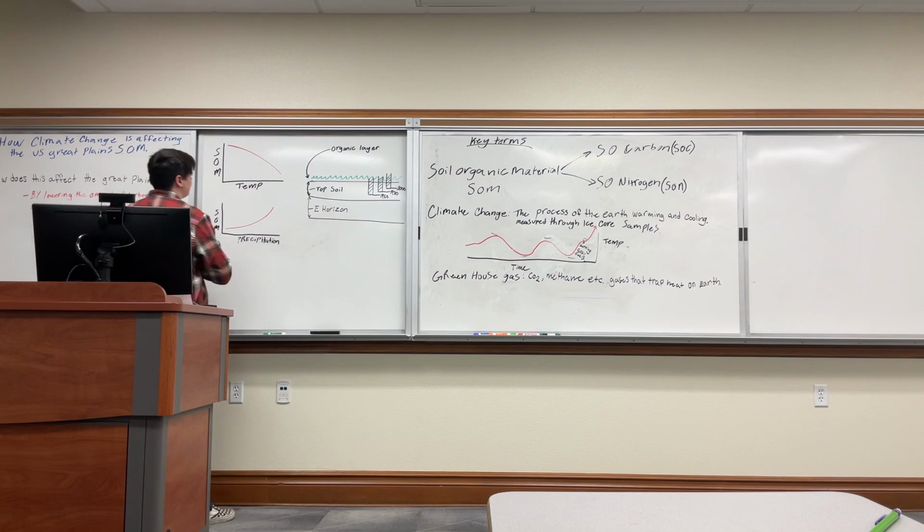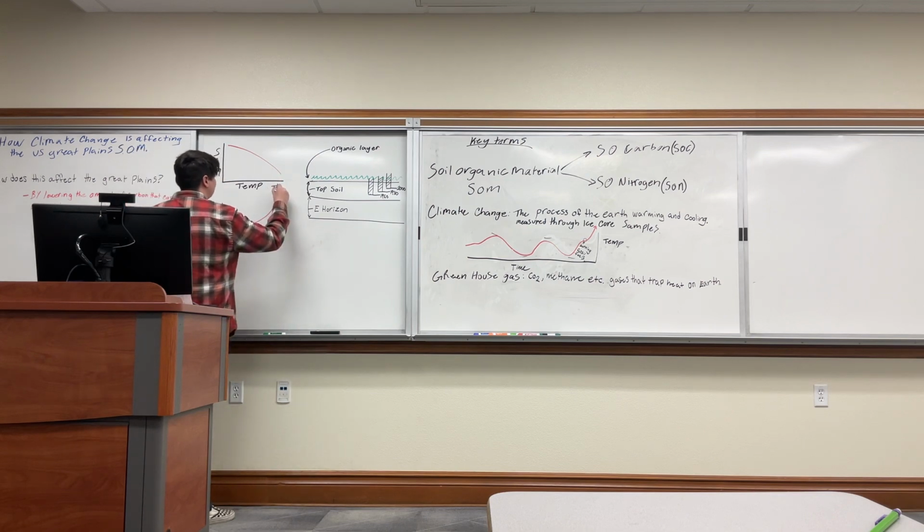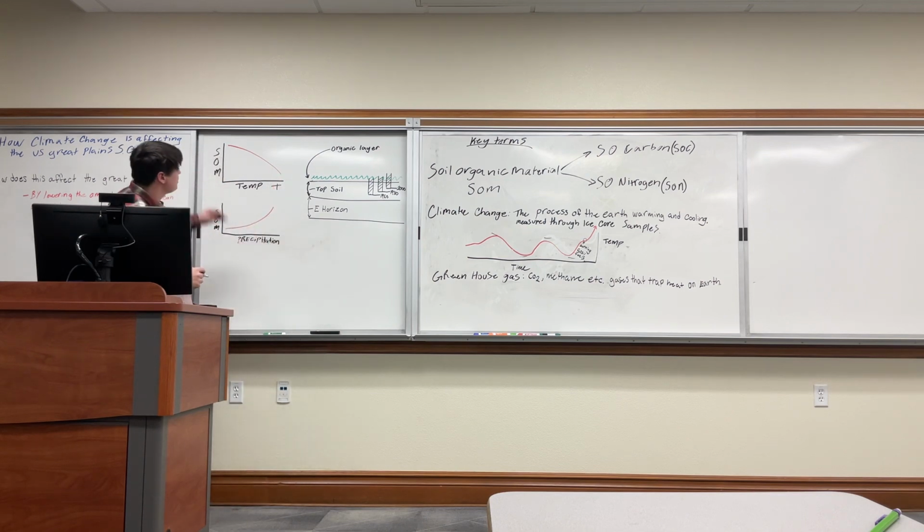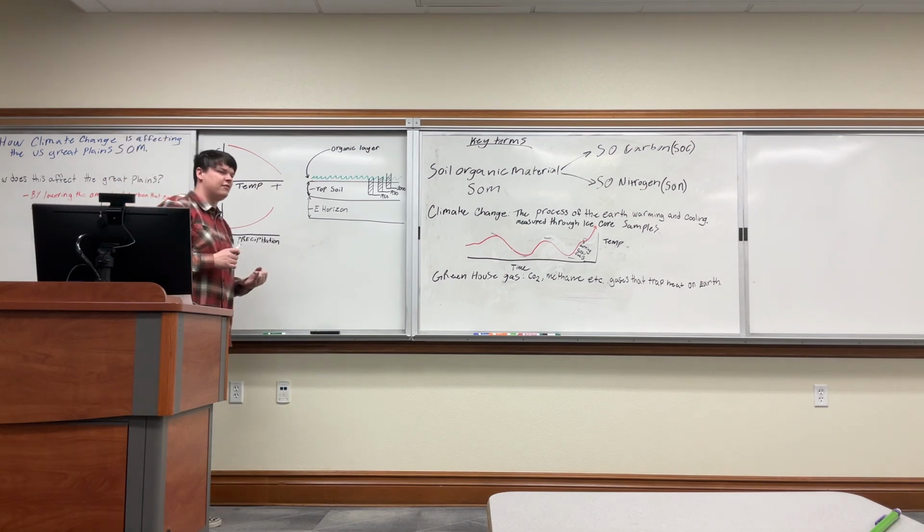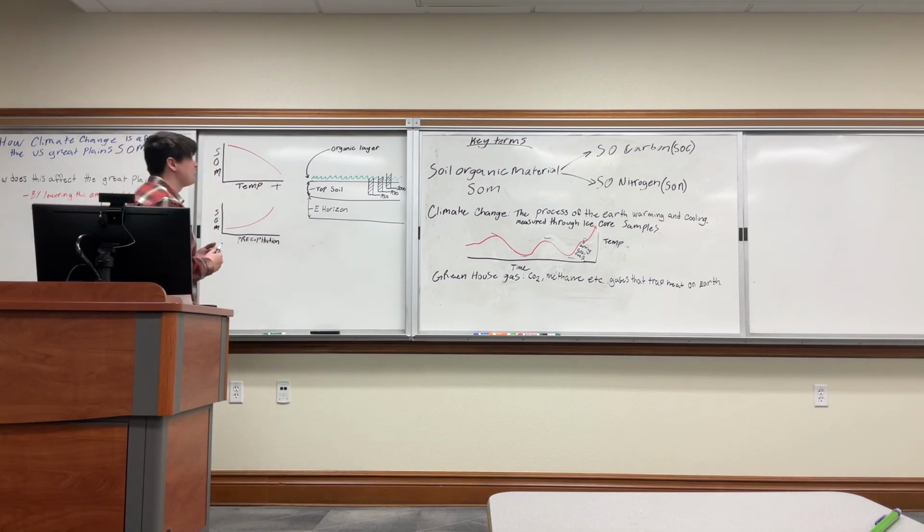So as our temperature increases on this side, we have SOMs that drop. We have plants that are dying off early in the summer. We have plants that are not able to grow very well in high temperature areas, such as these grasses. They die very quickly if you get them too hot, which is currently what's happening, as we are in a warming cycle. So as our temperature climbs, our SOMs go down.